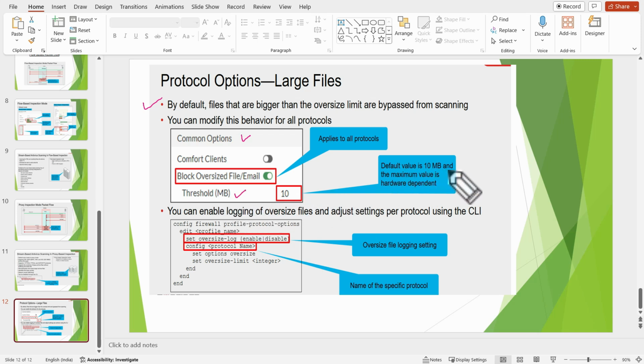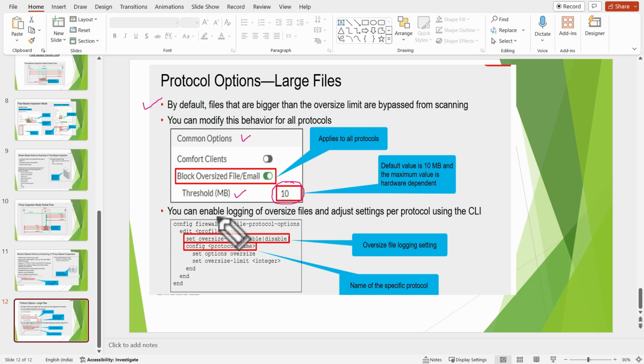The default value is 10 MB and the maximum value is hardware dependent. So we can manage the buffer value of the antivirus. It is very important to keep this very limited. Otherwise, if we bypass a large number of files, our systems can be infected through external malware.